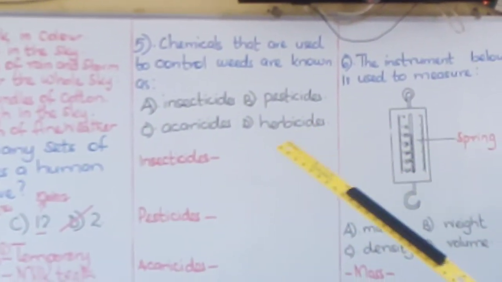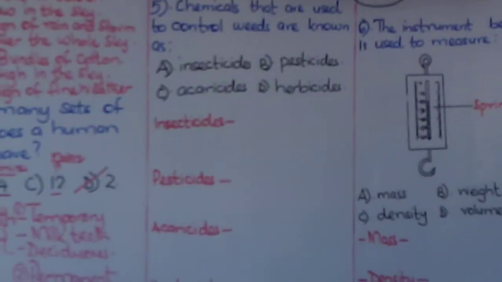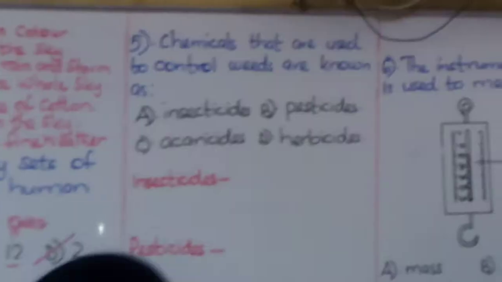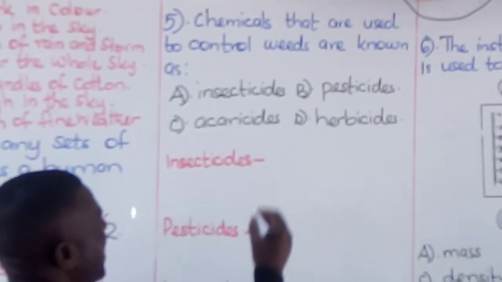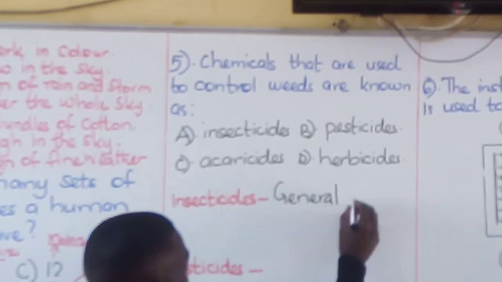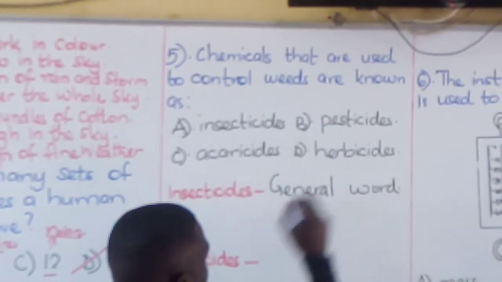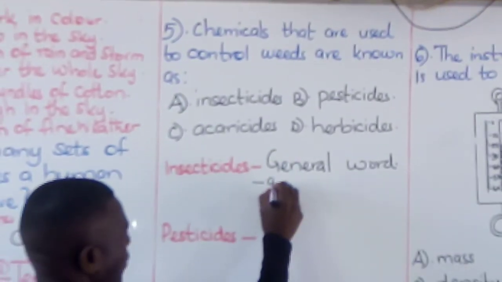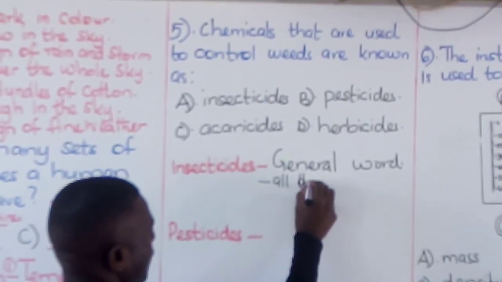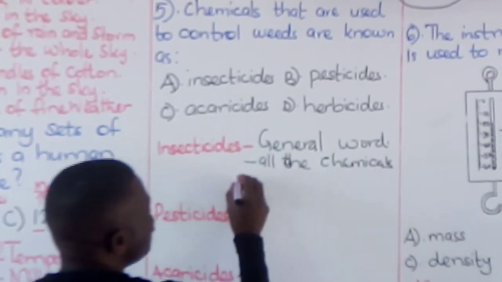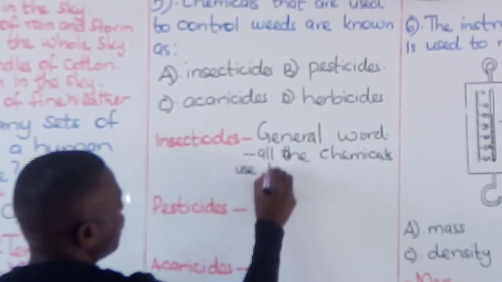Chemicals that are used to control weeds are known as dash. Weeds. Let's account for insecticides. Now, boys and girls, insecticides is a general word that means all the chemicals that are used to control